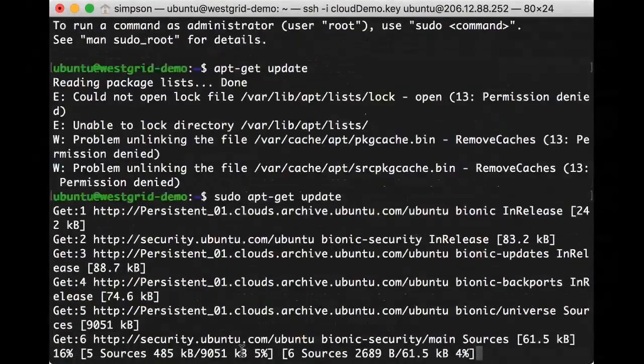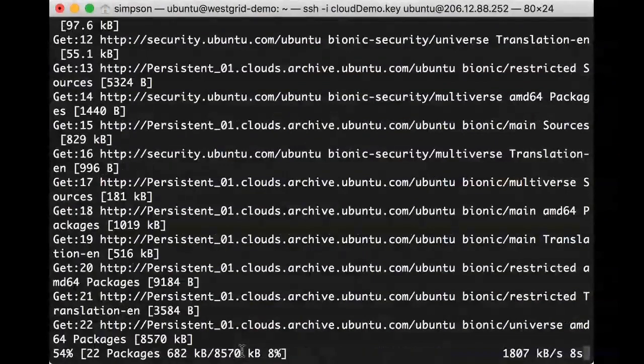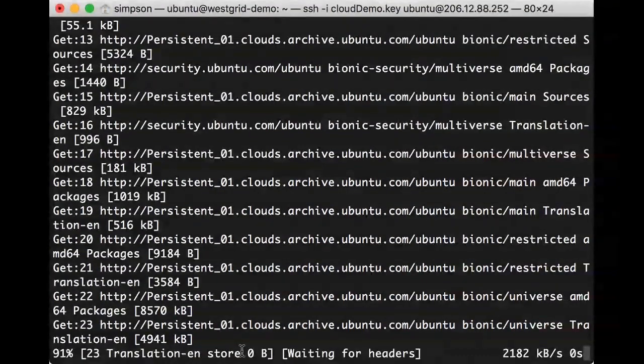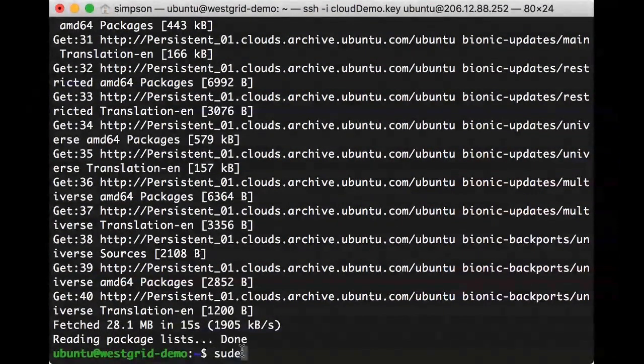It's going to go and grab all the new sources and programs that are available from all the libraries that are floating around out there that the system knows about. So you can see that happening on the screen right now. This is typically pretty quick. And once that's done, which is the update, I'll say sudo apt-get upgrade. When I run sudo apt-get upgrade, it will then apply all the changes and the patches. And with that, that brings us to the end of creating your first virtual machine in Compute Canada Cloud.